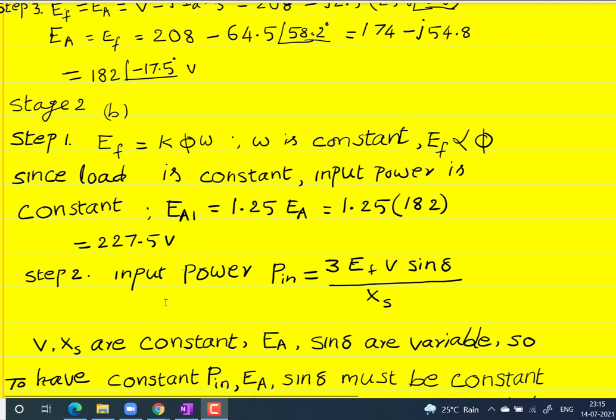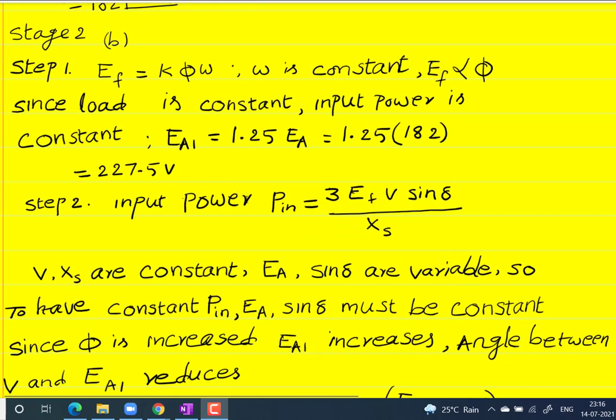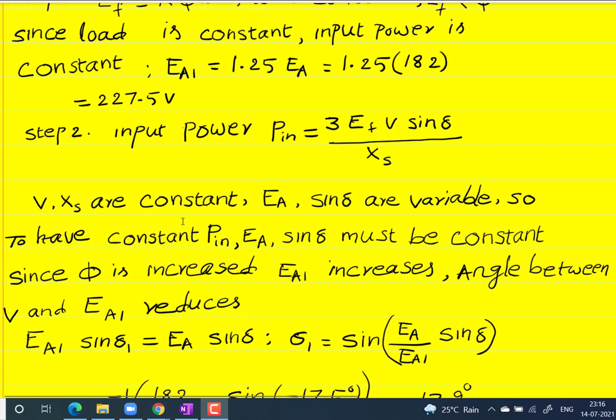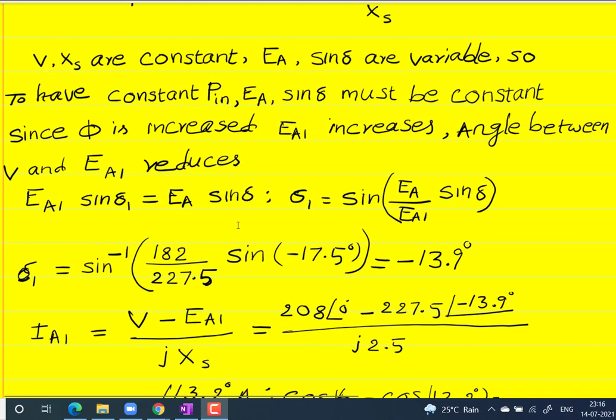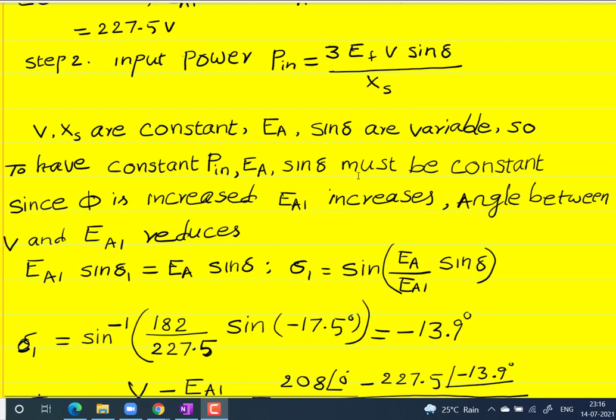Step 2 is input power, that is 3 EF into V sine delta divided by XS. This is the mechanical power developed. It is not the input power, it is the mechanical power developed, given by 3 into EF into V into sine delta divided by XS. Because input power remains the same in both cases, we say